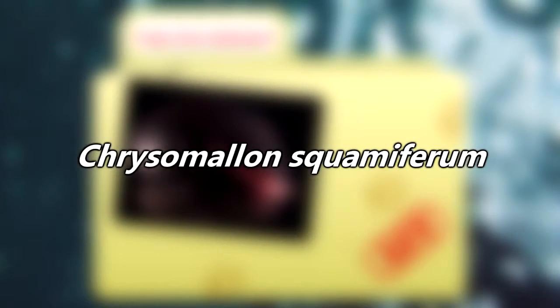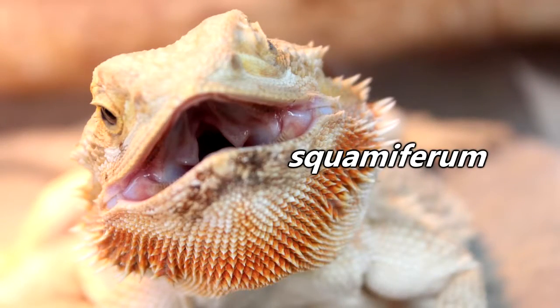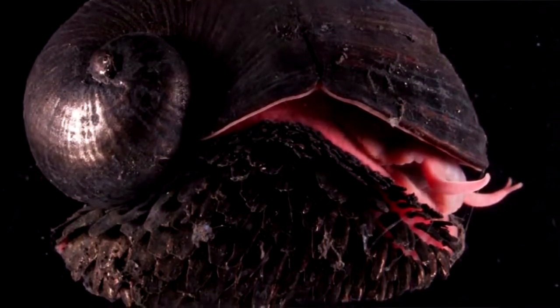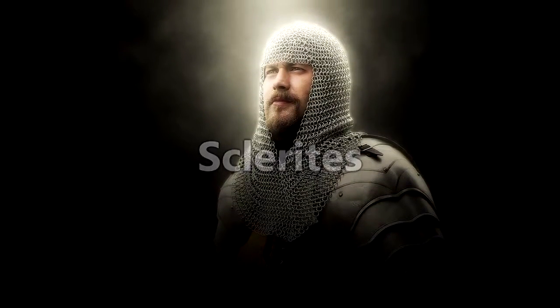Their scientific name, Chrysomallon squamiferum, is actually derived from their extraordinary architecture, with chrysomallon meaning golden-haired due to the pyrite found in their shell, and squamiferum meaning scale-bearing, which we haven't discussed and probably should, since this is part of what makes them so unique. As you may have noticed from the pictures already, these ain't your typical gastropods. They are indeed covered in armor-like scales called sclerites that make them look like something straight out of the medieval